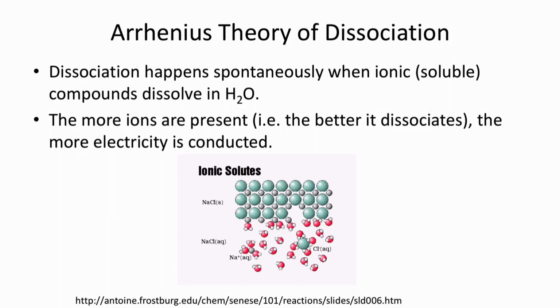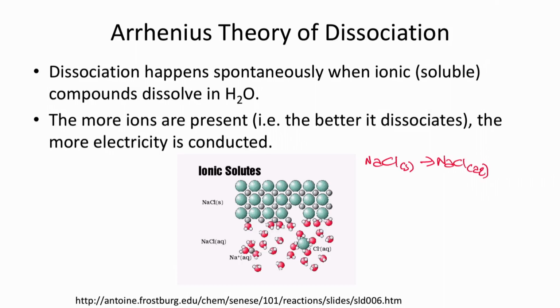So the more ions that are present, the better something will dissociate, and in turn, if it has charges, the better it's going to conduct electricity. Okay, so here's an example of how this might work. If I had solid NaCl and I wanted to convert it into aqueous